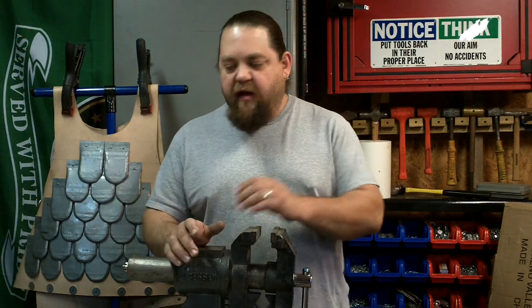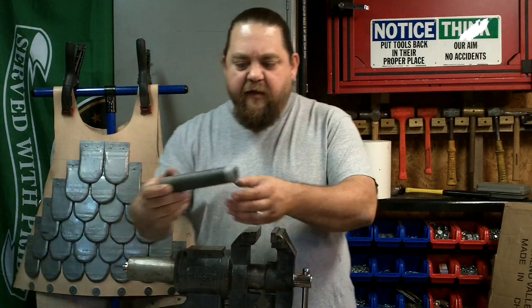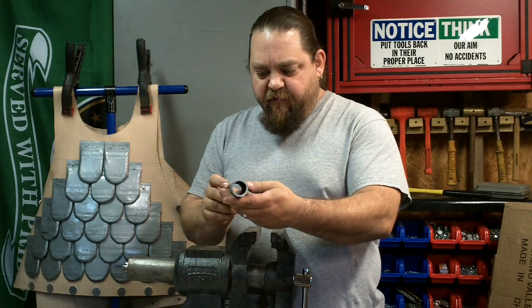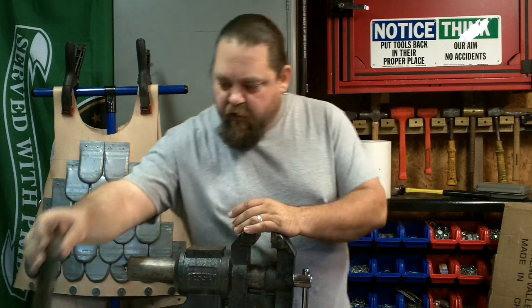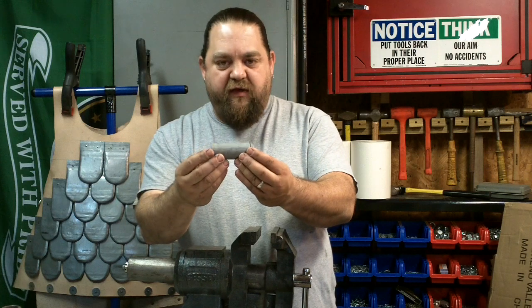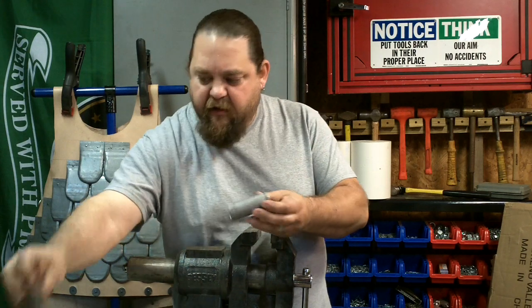Today I'm going to show you how I'm making a mace head. And what I'm going to be using is black pipe. This has a 1-inch internal diameter and it's 1 1/4 outer diameter. I've cut off a piece that is 3 3/8 long, and then to clean it up and get the coating